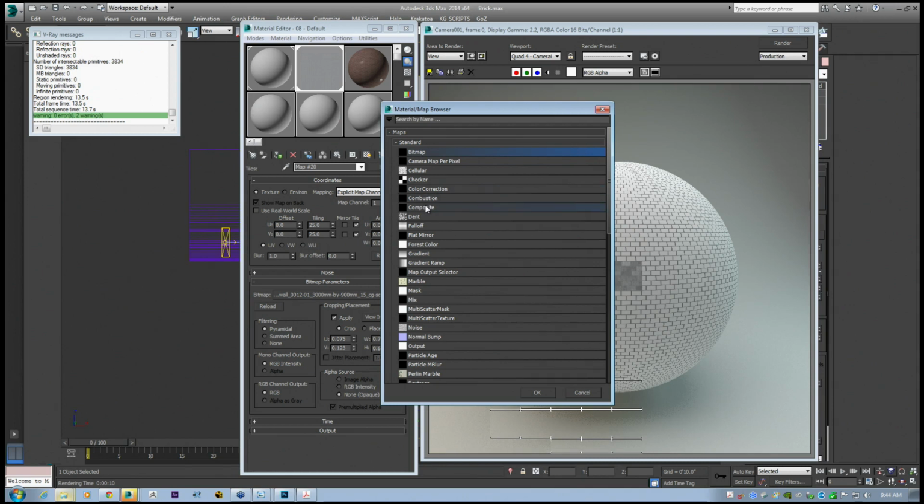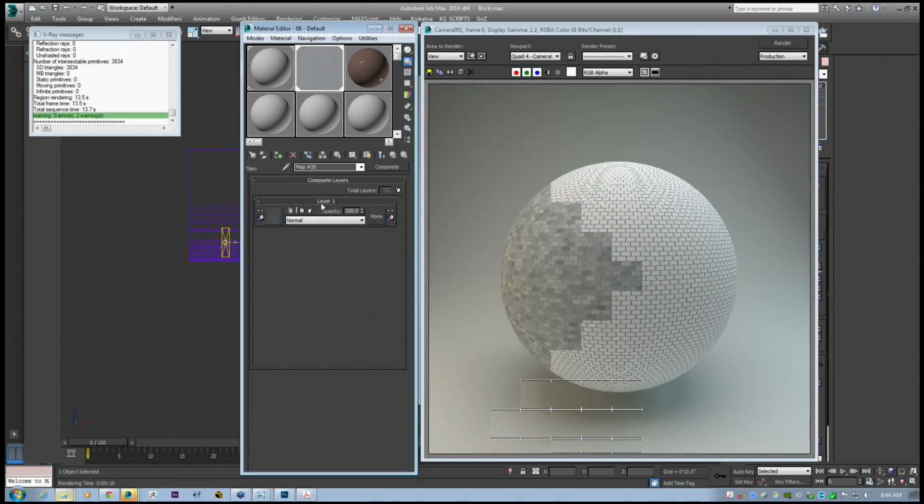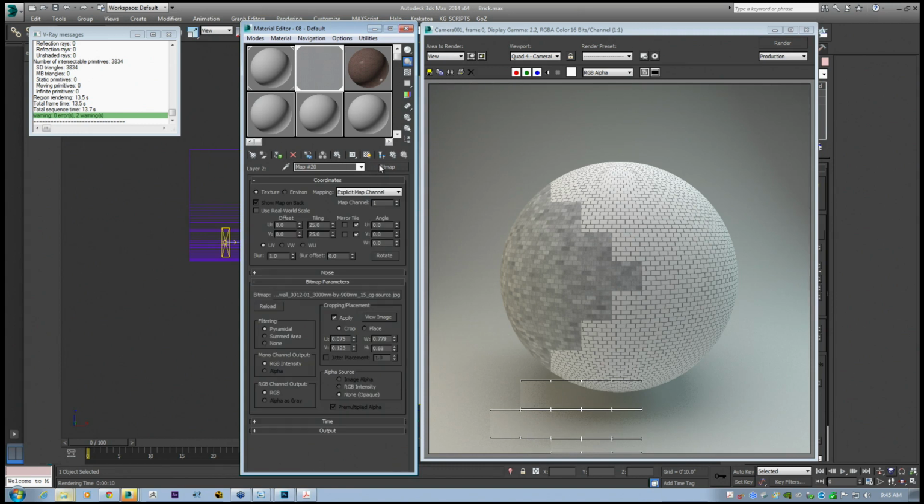So if you go to composite material, you tell it to keep this concrete map. This basically acts as Photoshop layers more or less, so it works the same as you do in Photoshop. So you can add a new layer here. You can move these layers around however you want, just like in Photoshop. So this is our concrete texture that we just made. Let me name it so that we can